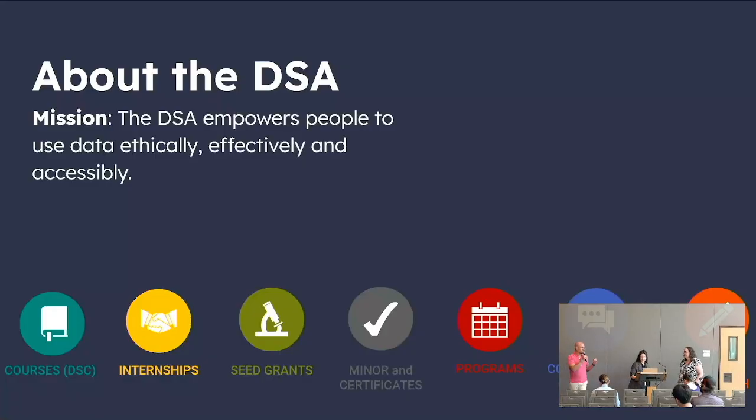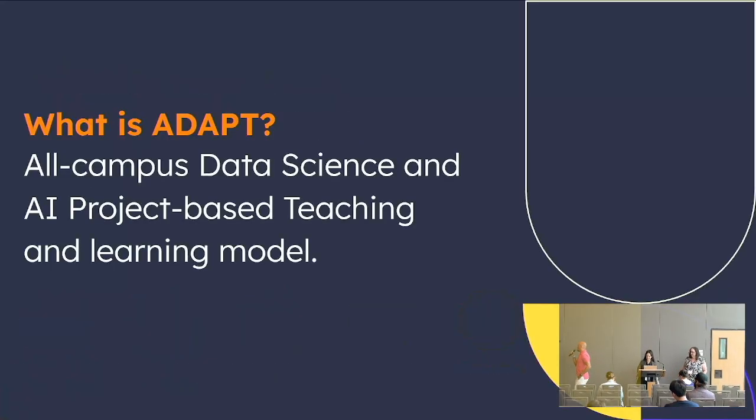One of the things that we came up with, and I was the first postdoc of the Data Science Academy, was this model called the ADAPT model. It is essentially that everyone has access to data science, and they're short classes, 1 hour a week, low intensity, meant to expose students to data science across all 10 colleges. And so the ADAPT model is